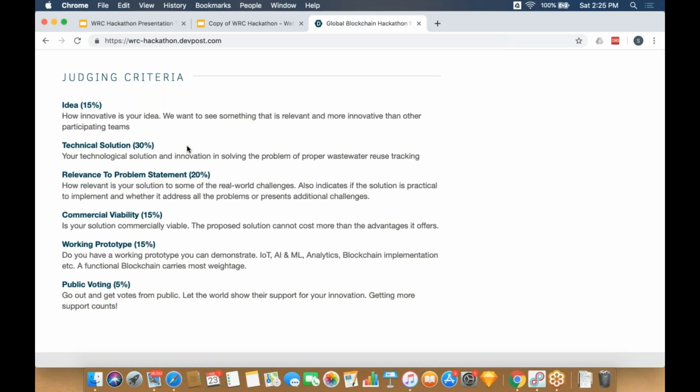There is a big DevPost community that does look at hackathons that get closed, hackathons that are open for public voting, and the DevPost users who are technology enthusiasts may look at your submissions and may actually give votes to certain submissions. So in the event that your submission is good and some other team submission is also good, your public votes may actually be a tiebreaker. So don't underestimate the 5%. Try to do the best in getting as many public votes as you can get.